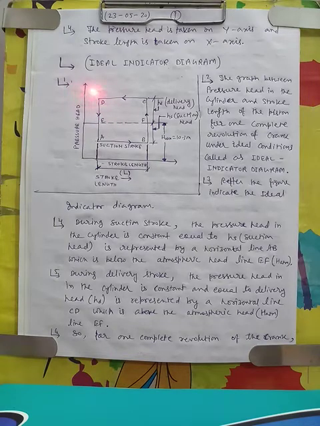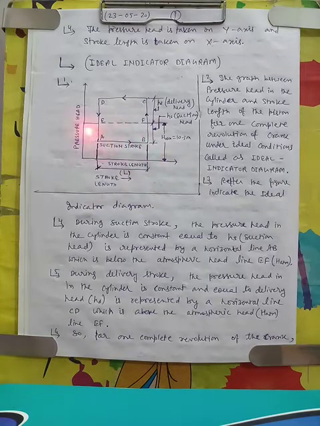Again, as the piston reaches the inner dead center, means complete water is delivered, the piston gets reversed and a new suction stroke starts. As the new suction stroke starts, again the pressure will drop to the suction pressure. So in this way, A, B, C, D, A, B, C, D, A. This is the complete indicator diagram for one stroke of the reciprocating pump. One revolution of the crank is one two-stroke complete cycle, means suction stroke and delivery stroke. This is a complete cycle, one revolution of the crank.